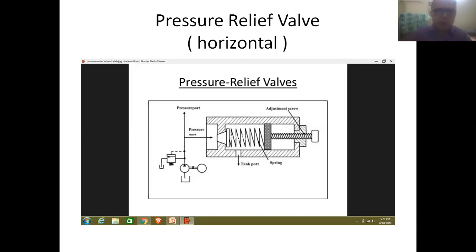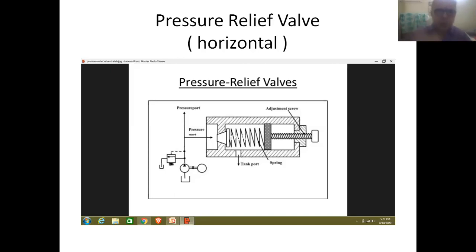One end of the spring is connected to the main element of the valve, and the other end of the spring is attached to a screw that is adjustable in position. These are the basic elements of a pressure relief valve.